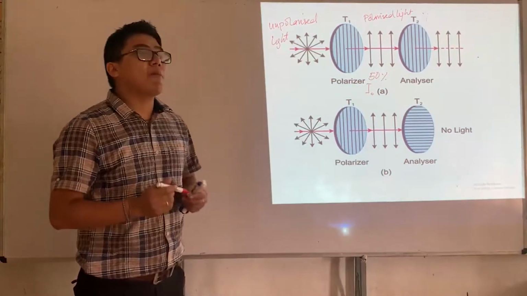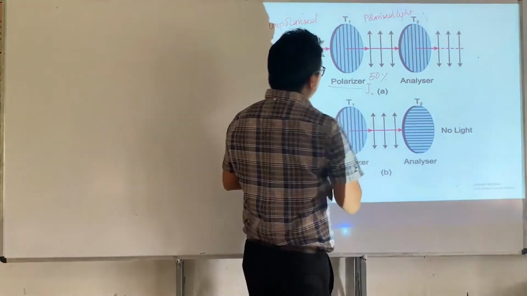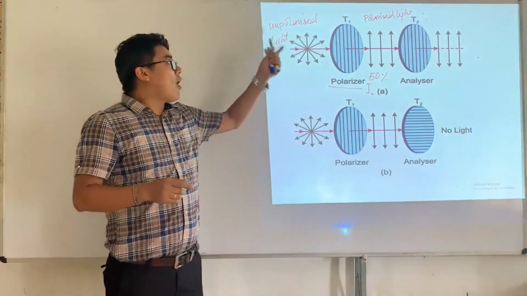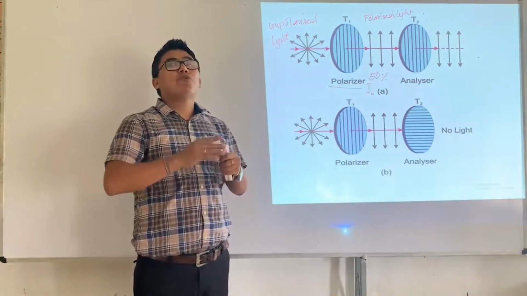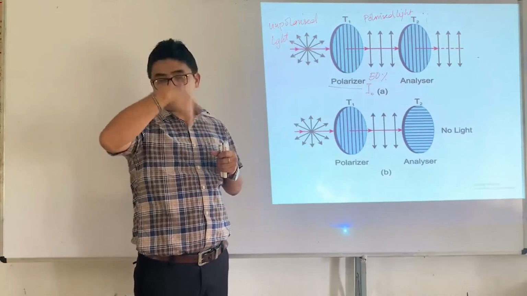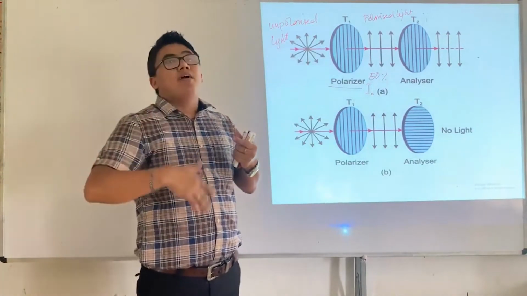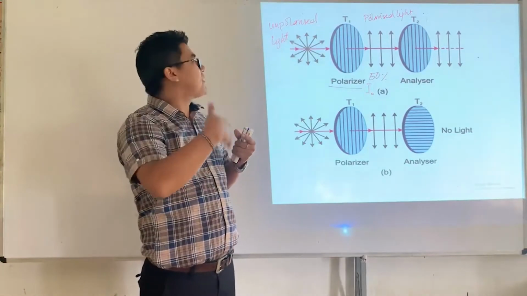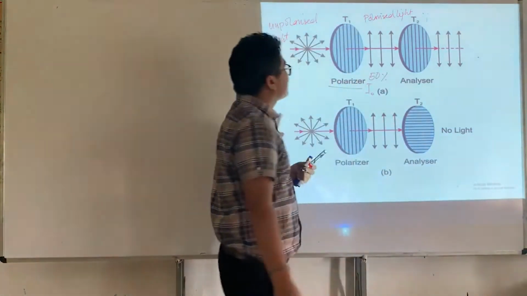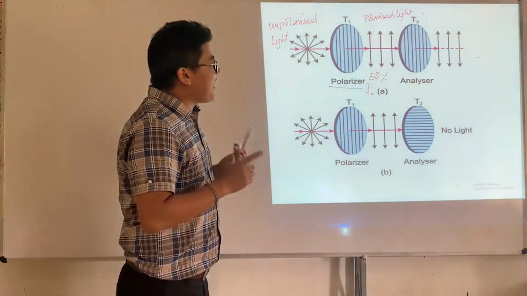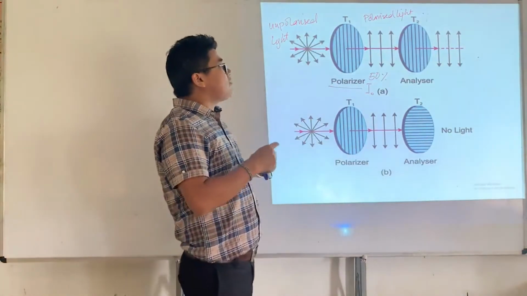And this is what we call a polarizer. Why? Because this particular device aligns the electric field to oscillate in a particular direction. Or this device aligns the oscillation of the electric field to a particular direction. Now this is what we call an analyzer. This analyzer